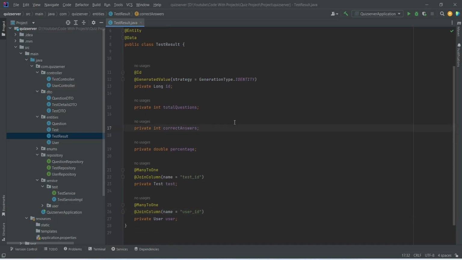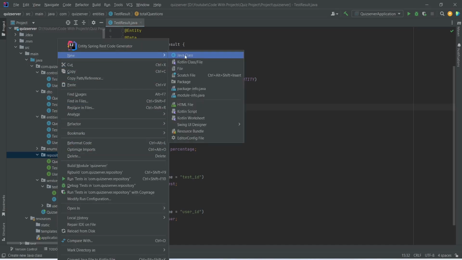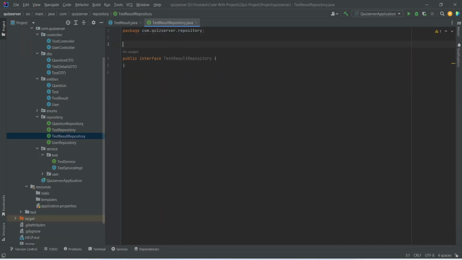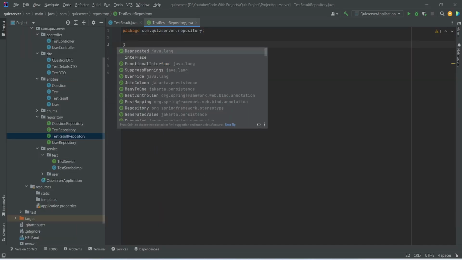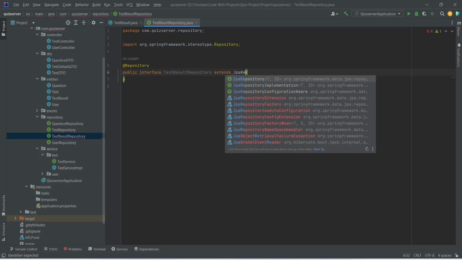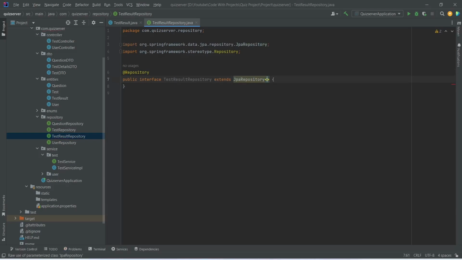Now we need to create a repository for this class. To do this we will right click on our repository package and choose a new Java class, and we will name this class TestResultRepository. After this for the type we will give interface, and we will annotate this class with the @Repository annotation. After this we need to extend this repository from the JpaRepository. To do this we will write extends, and after this we will mention JpaRepository, and in this we need to give the entity